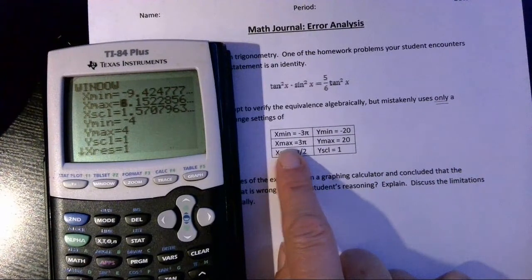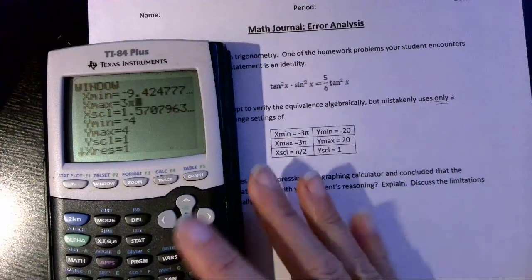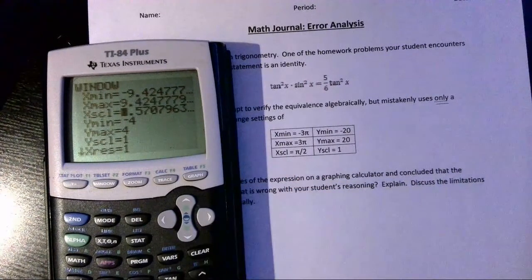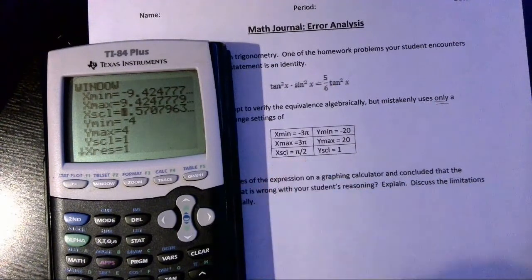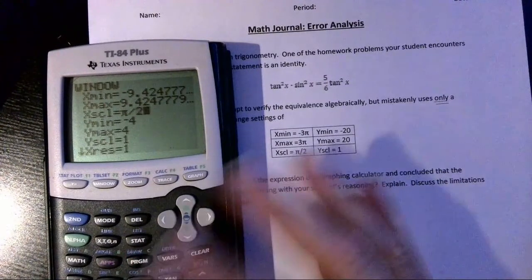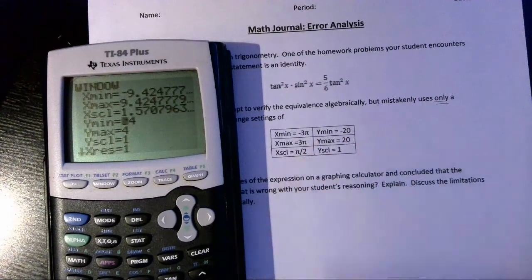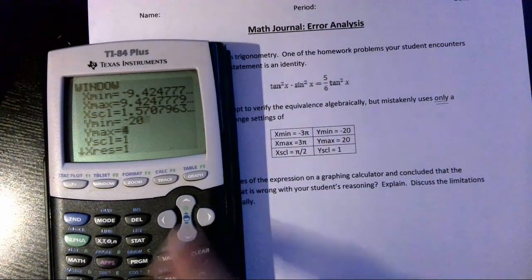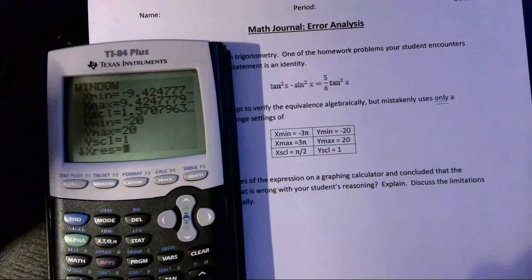Okay, then we're going to next enter the x maximum, which is +3 pi, and arrow down. Then the XSCL, that stands for X scale. That means that we're going in increments of pi divided by 2, pi over 2, our quadrantal angles. Then the Y minimum is at -20, and the Y maximum +20. Okay, and then the Y scale is 1. And then when you're